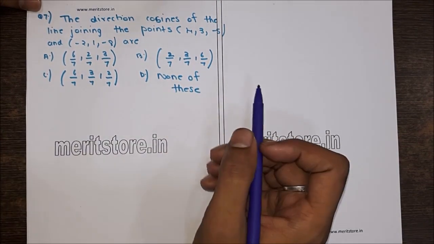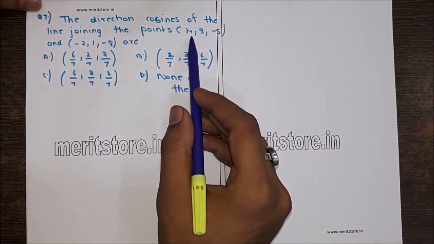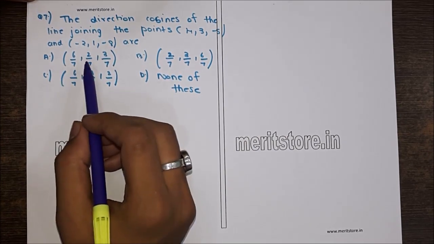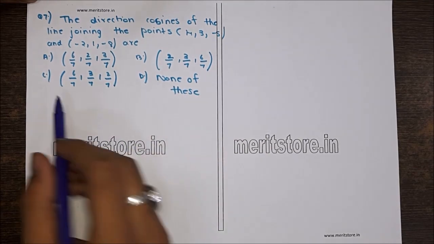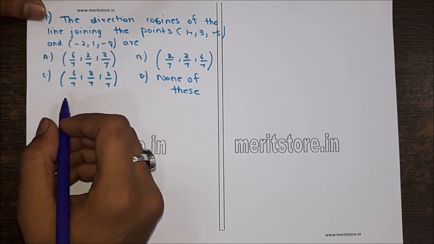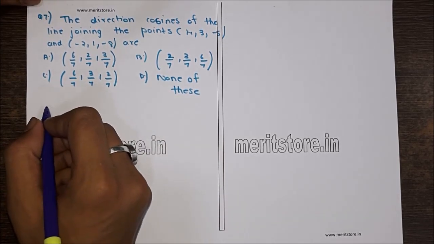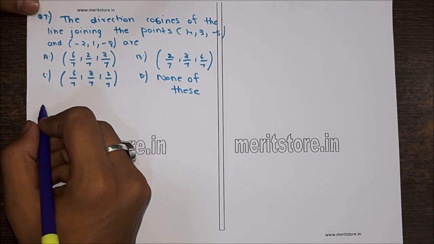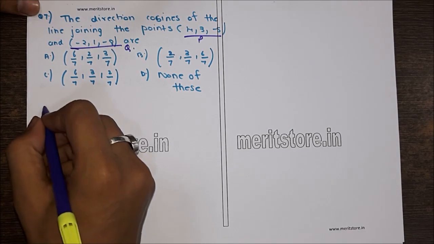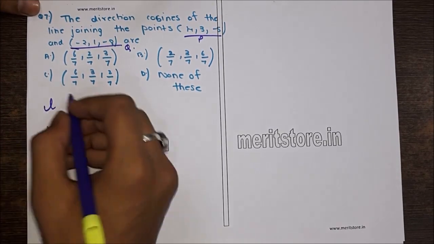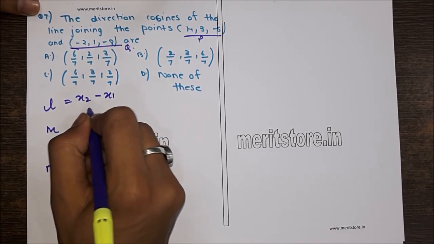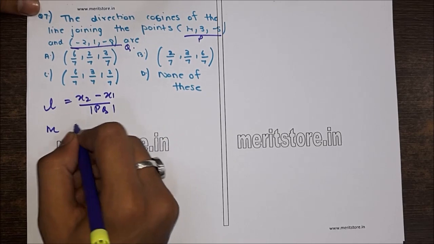Question number 7. The direction cosines of the line joining the points 4, 3, minus 5 and 2, 1, minus 8 are option A, option B, option C, or option D. Now we know that the direction cosines of line PQ, let this be P and this be Q, we'll get the direction cosines L, M and N. So here L would be x2 minus x1 upon mod of PQ,